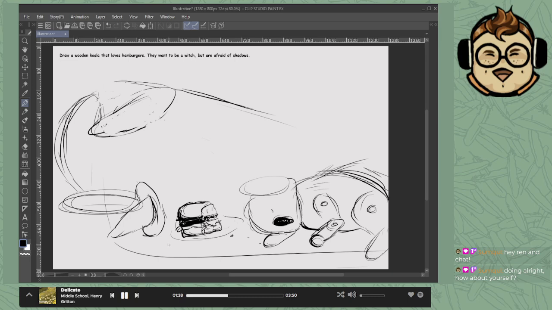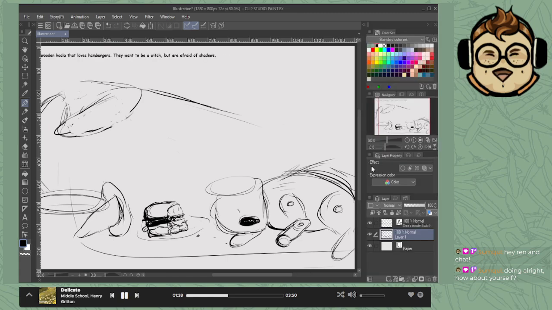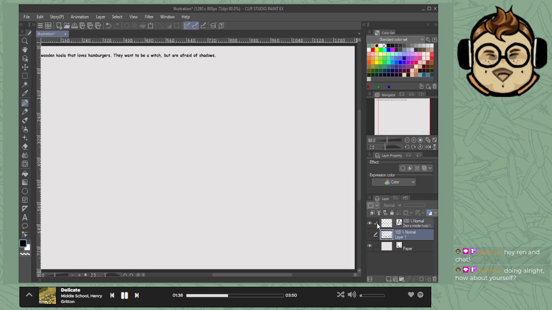What do we think about this? Oh, I made him asleep because koalas are always high and asleep, so that jives. Let's go ahead and try to clean this up a little bit. Do I want to, or do I just want to draw something else? Like, this burger is very messy, but I kind of love it. I don't know what's going on there. You know what? We're gonna grab another prompt. I feel like doing lots of messy ones.